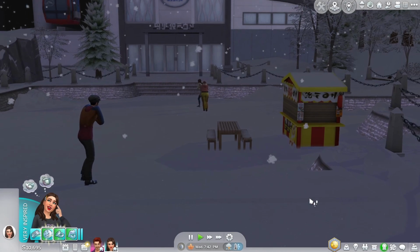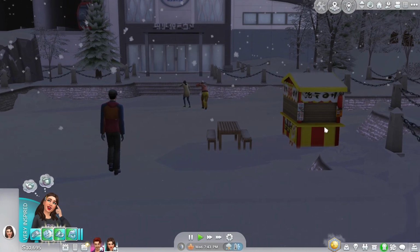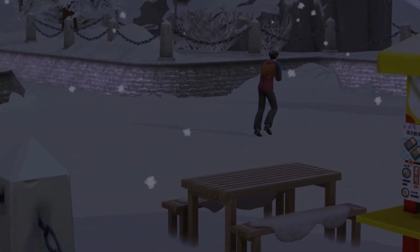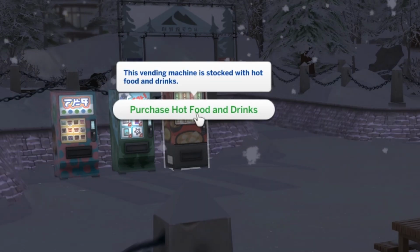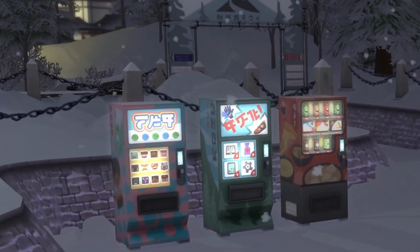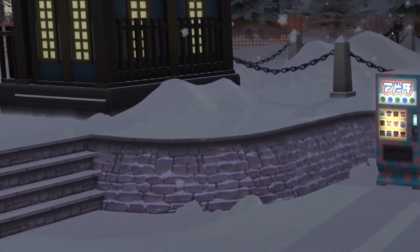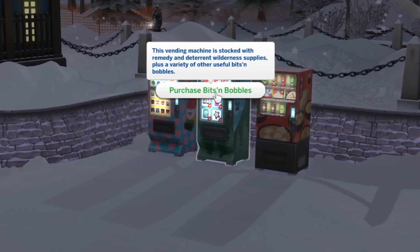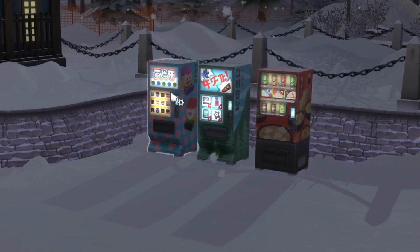When it's not dangerous weather conditions, these stalls can be open with very adorable and themed local foods to purchase. At a time like this, you can always opt for the vending machines, which don't shut, although they might crush you to death if you get unlucky. There is also bobs and bits, or bits and bobbles from this vending machine here,